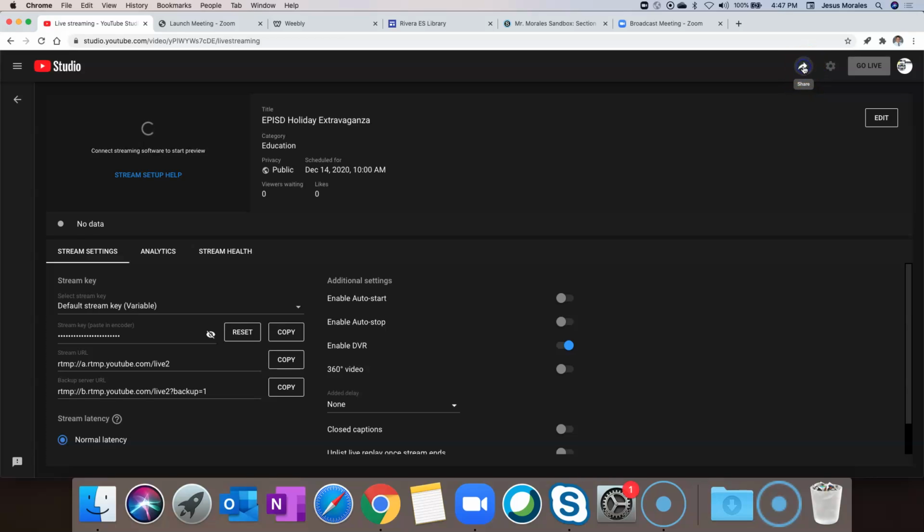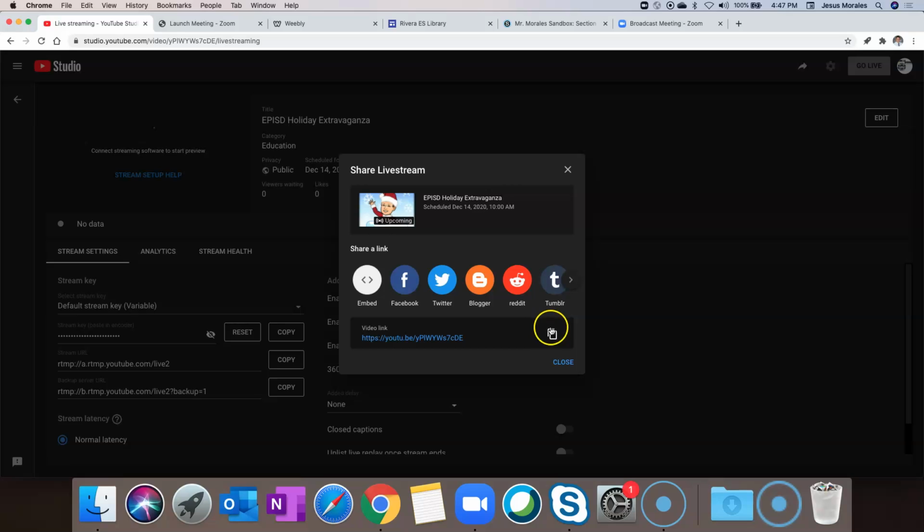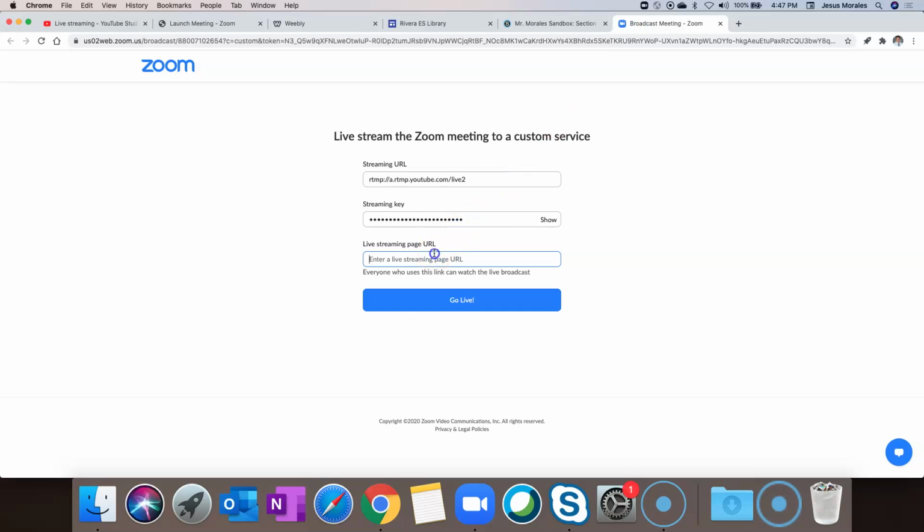So that arrow is going to give me the streaming link. So I'm going to copy it. I'm going to go back to that page, and the live stream page is going to be there. All right. So you can share this in an email. You can put this on the news on your campus website. Join us for our live extravaganza or holiday extravaganza. Click here to go to our YouTube channel. This link is